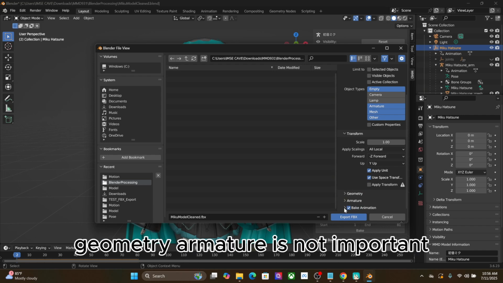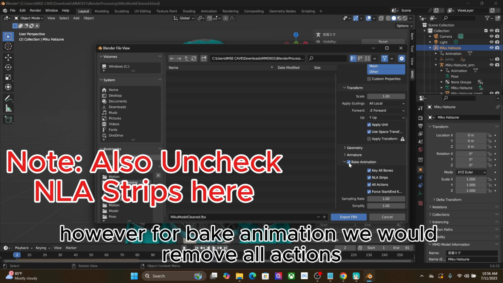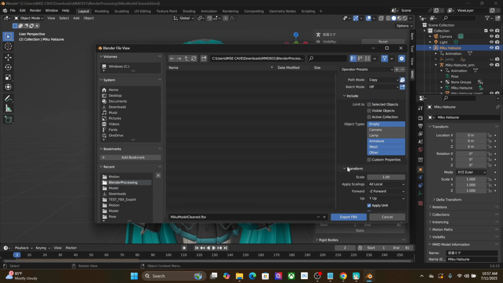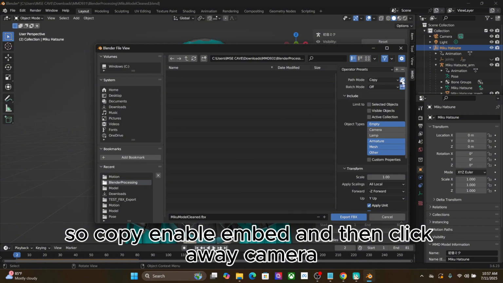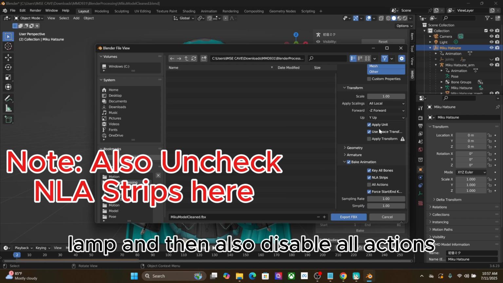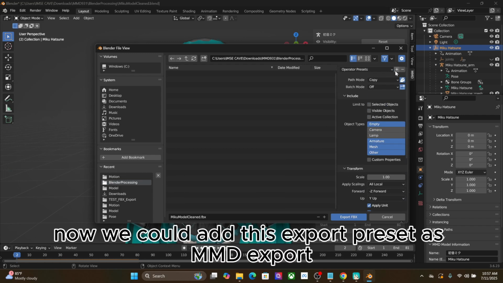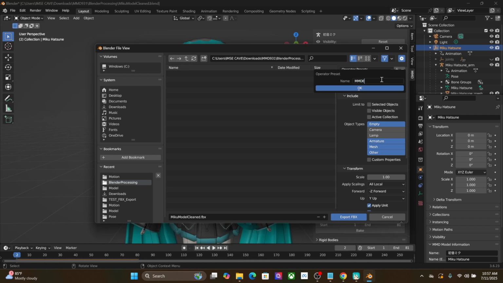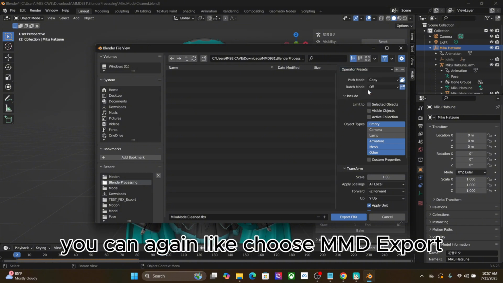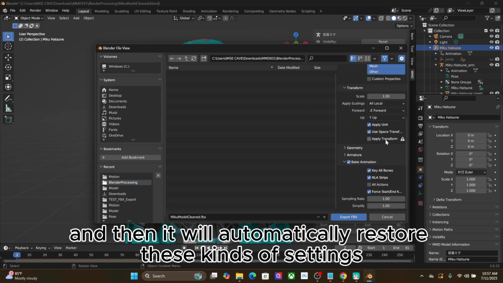Geometry, armature is not important. However, for big animation, we would remove all actions. So copy, enable, embed, and then click away camera lamp, and then also disable all actions. Now we could add this export preset as MMD export. And the next time you want to export a model, you can again choose MMD export, and then it will automatically restore these kinds of